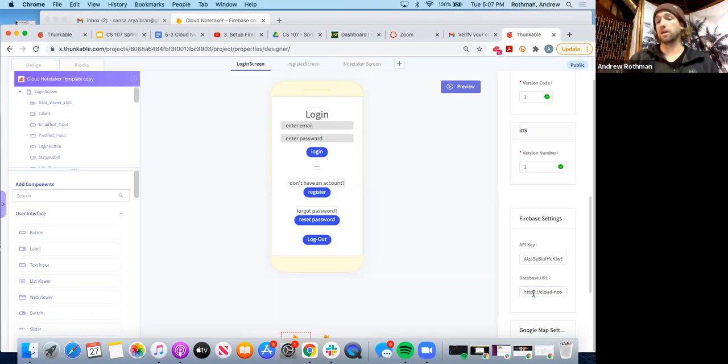So Thunkable is going to send a request to this URL. It's going to add the API key. The Firebase console is like, oh yeah, you got the right API key. You can take all this data or whatever. You can store data. But now you have the two key things. Now the app is connected to the Thunkable Firebase. You need to copy and paste